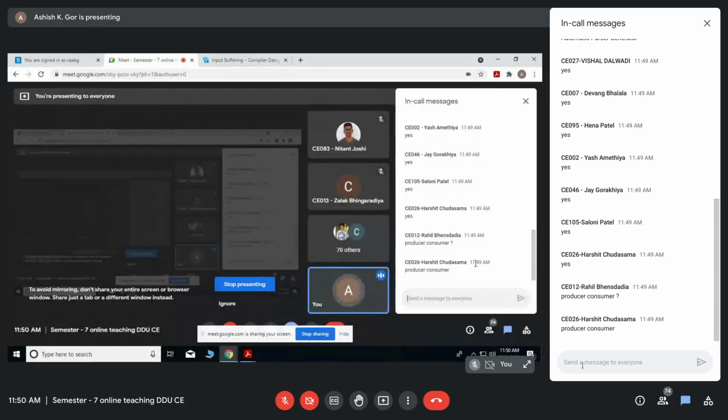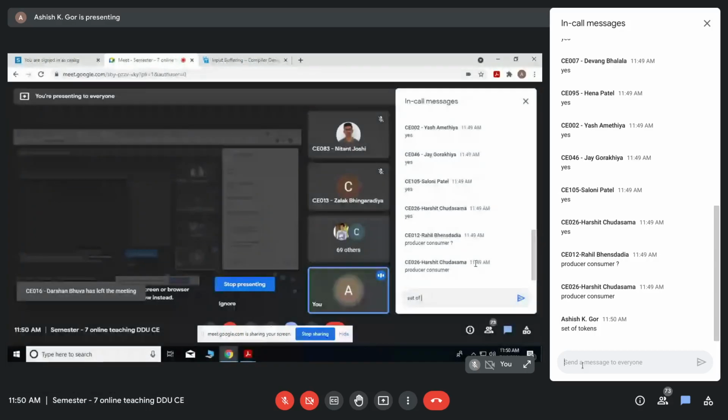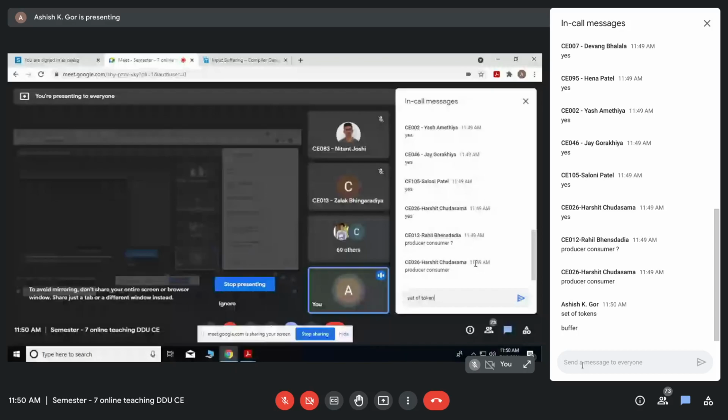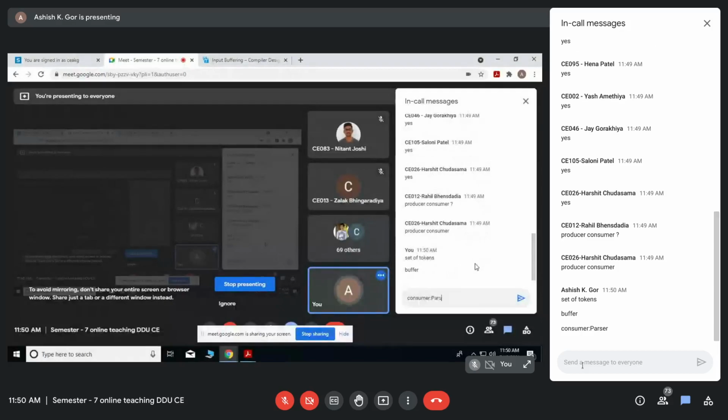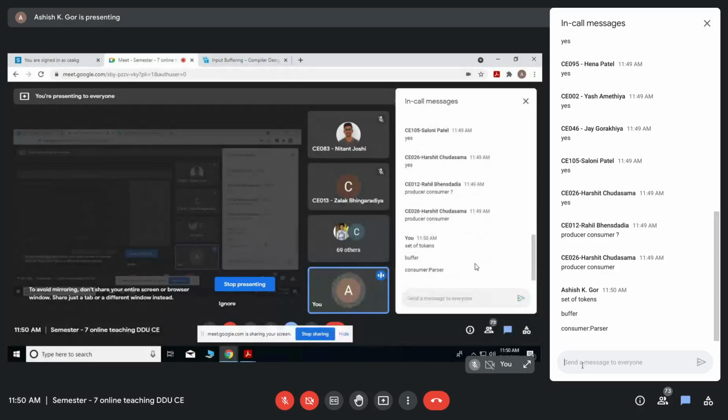So what generally happens is, the producer, which is the lexical analyzer, produces a set of tokens, and they are stored in some buffer. The consumer is the parser. It consumes the tokens from the buffer and does parsing, which means syntax analysis: given a programming language grammar, whether that particular set of tokens is legal according to the grammatical rules or not.